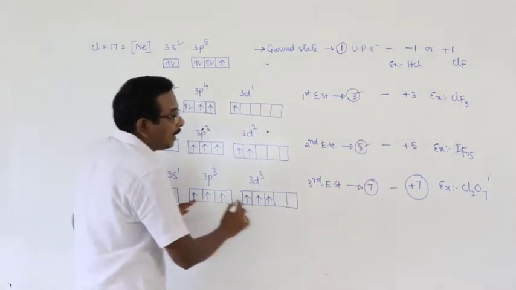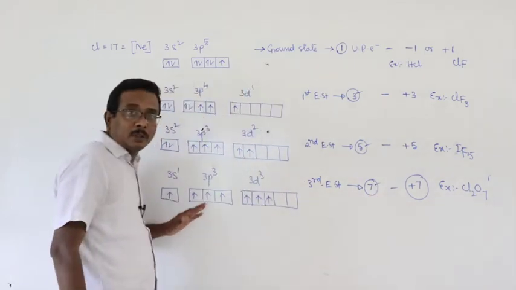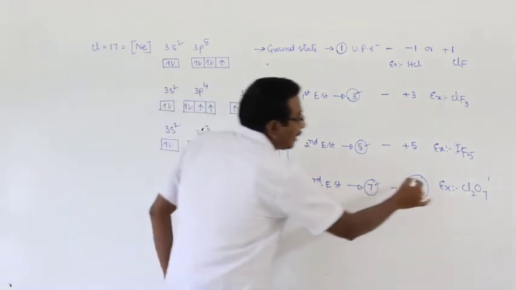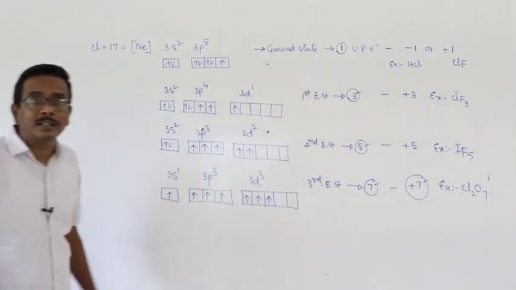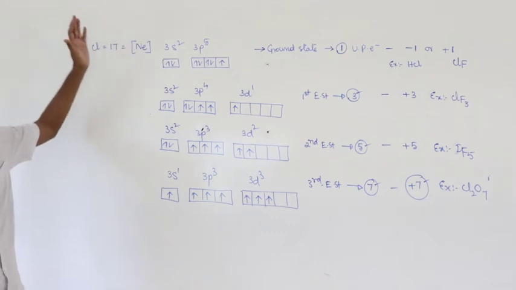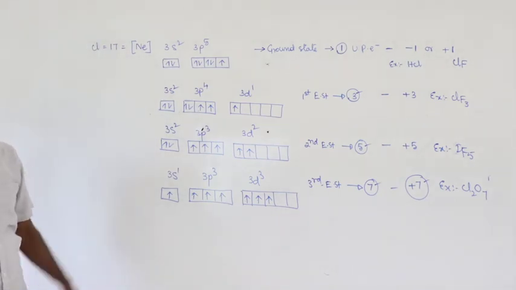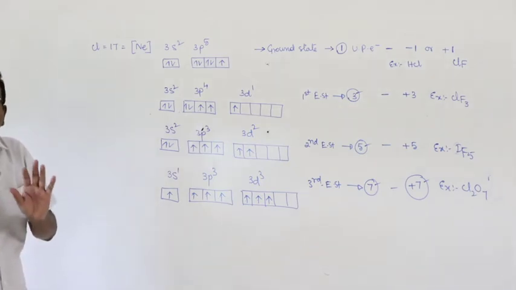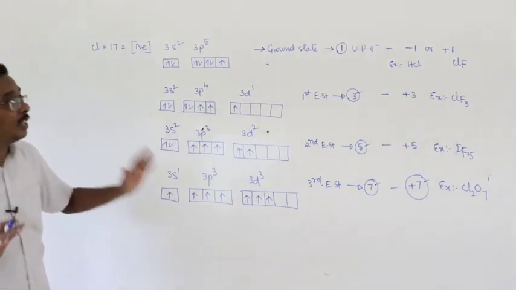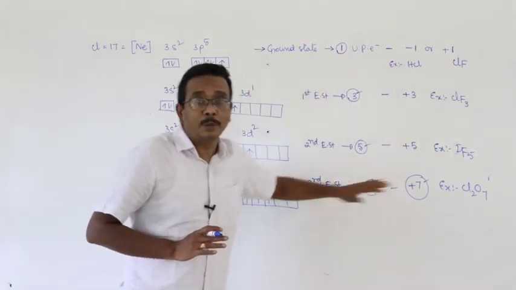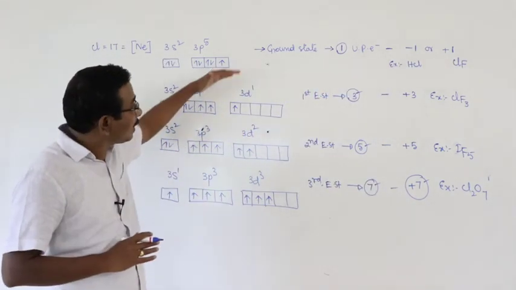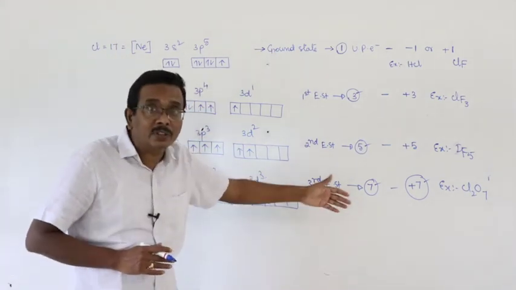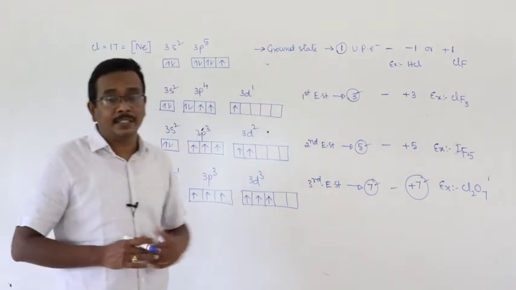In the third excited state, the number of unpaired electrons available is 7. Therefore, valency or combining capacity is equal to 7 and oxidation state is plus 7. Means what? For the atom of the same element, the valency is not always constant. The valency may change from compound to compound. And in the same way, based on the electronic configuration, an atom of the same element gives different oxidation states and exhibits different valencies.